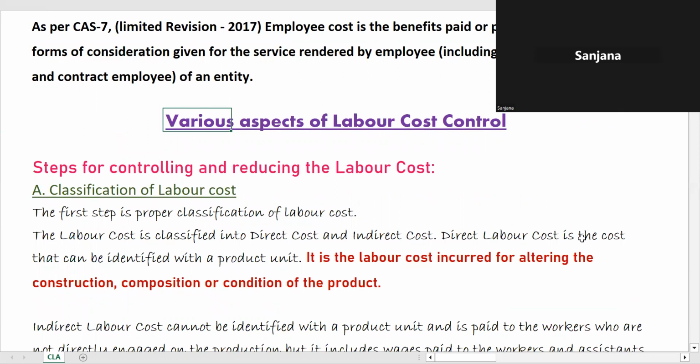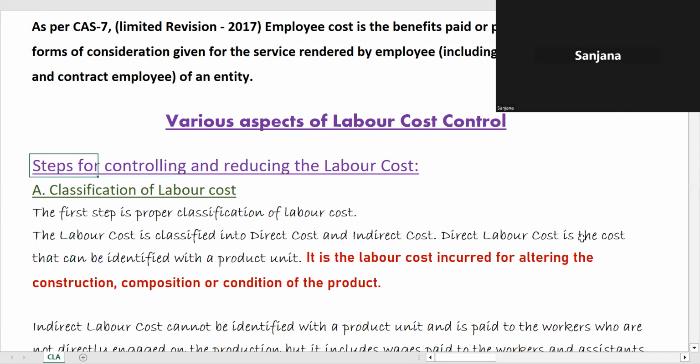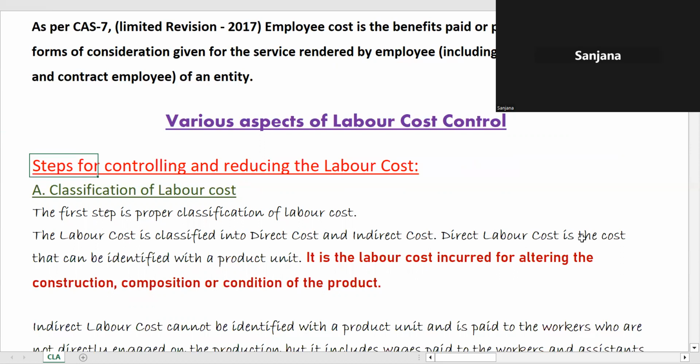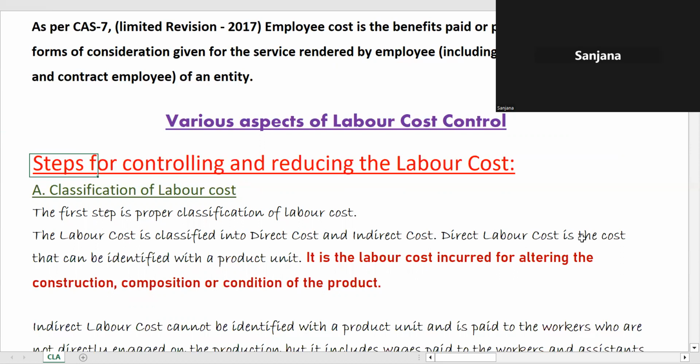Fine, so now next we will do the various aspects of labor cost control. We will see some things about labor cost control, how you can control labor cost. So here we have the steps for controlling and reducing the labor cost. किस तरह से हम कंट्रोल कर सकते हैं। तो इसमें कुछ सर्टेन नंबर ऑफ स्टेप्स हैं।